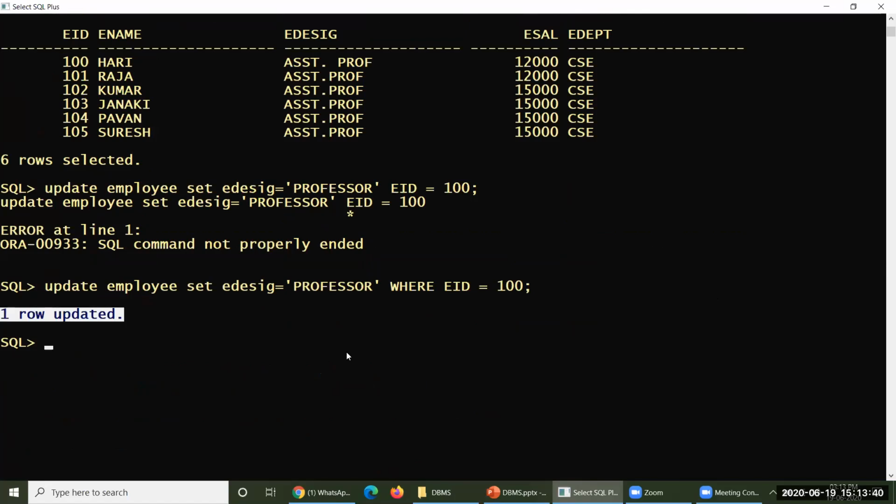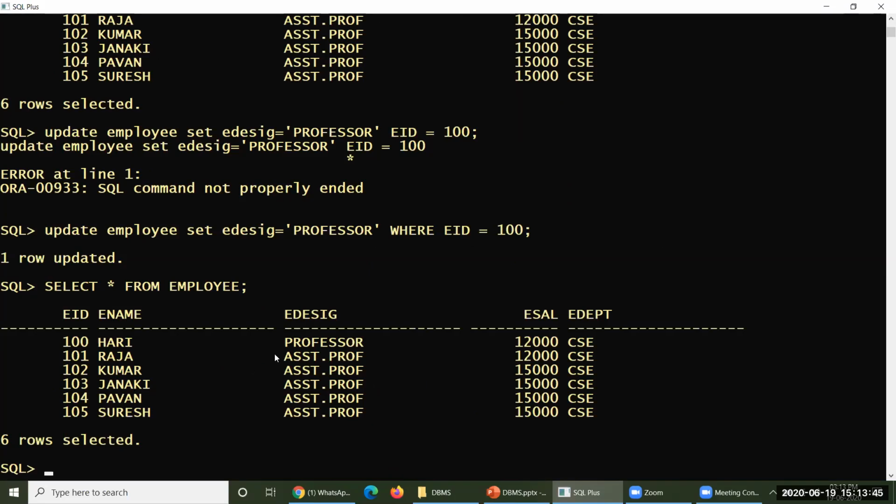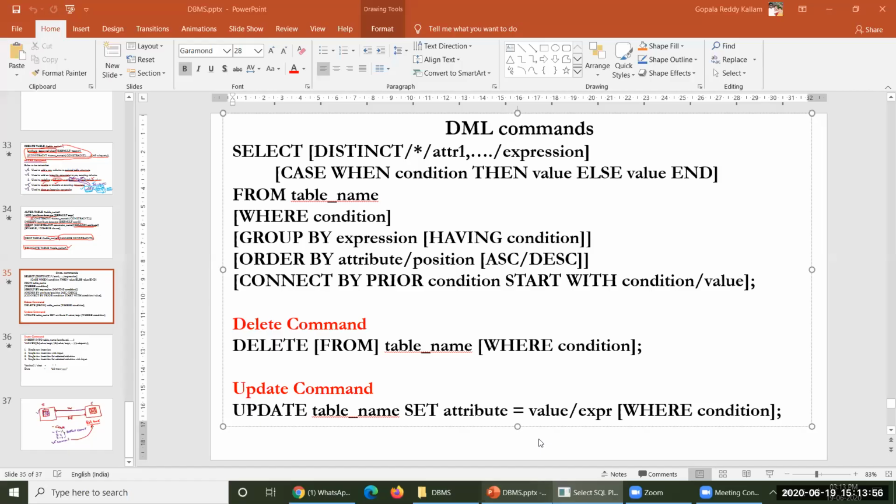Now look at this. Select everything from employee. Yes, only that particular row, where exactly the employee ID equals 100, has been modified. The remaining everything is the same. Therefore, the suggestion is that as and when you are supposed to operate either delete or update, you must operate with the where clause. Without the where clause, update will be applied to all rows of that column, and without the where clause for delete, it would delete the entire data temporarily.